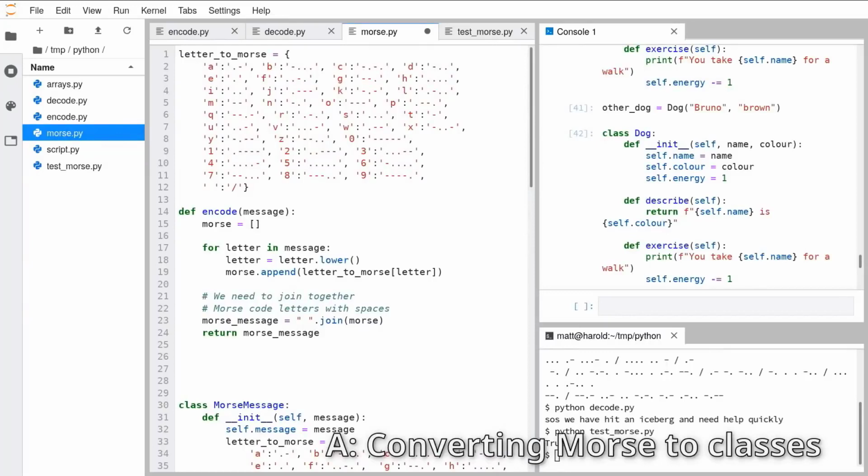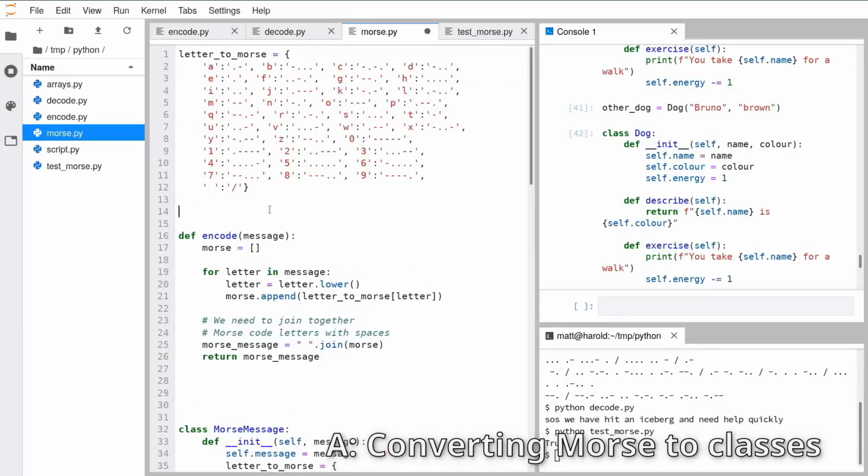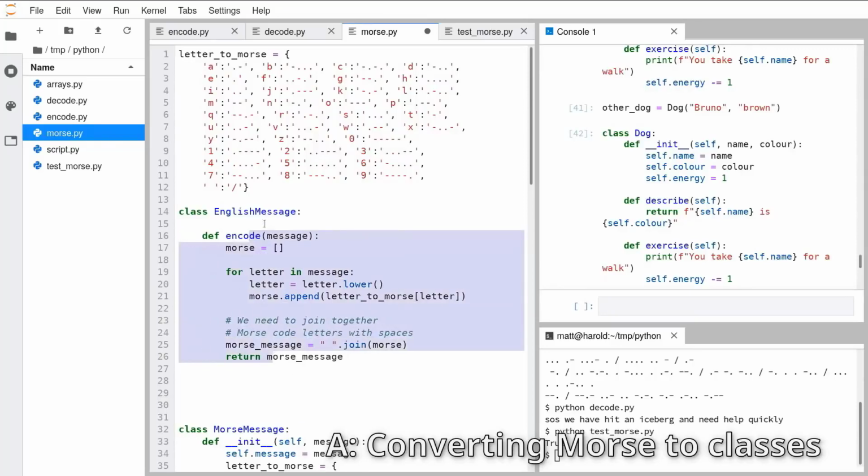I'll go through the answer to that exercise on the screen now, so you can all see how I can convert a function and some associated data into a class which is encapsulating both of those things. The easiest place to start is with the function here, and we write class English message. This class is going to represent a normal string, an English string, which is going to have an encode function on it, which is going to return to us the Morse encoded string. We want to indent this, and we'll come back to the rest of what we do to that in a moment. We have to make an init function,